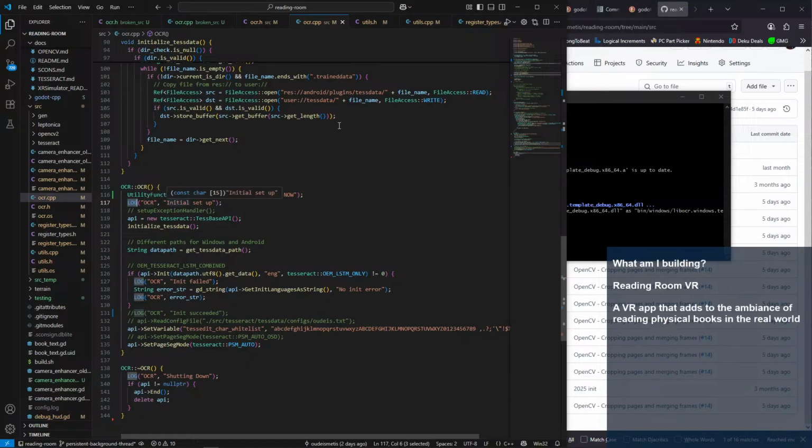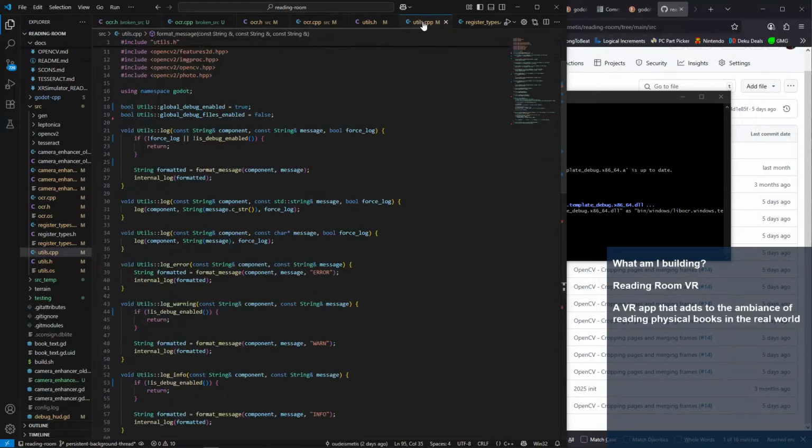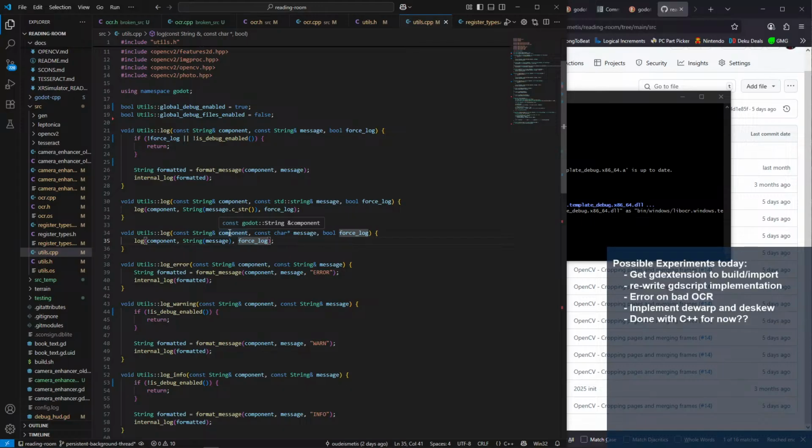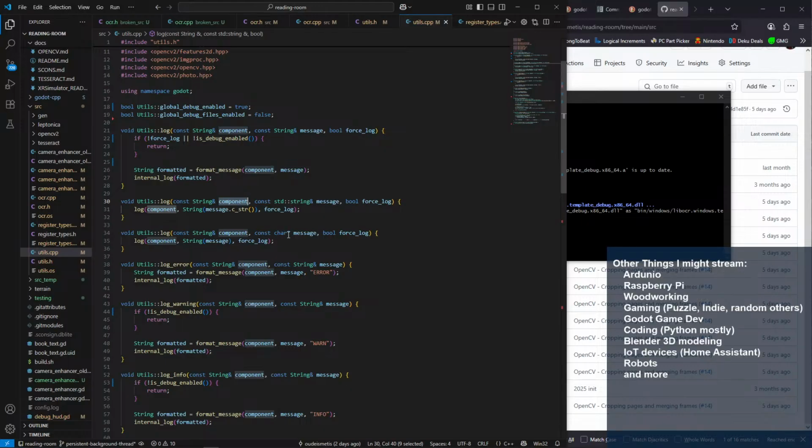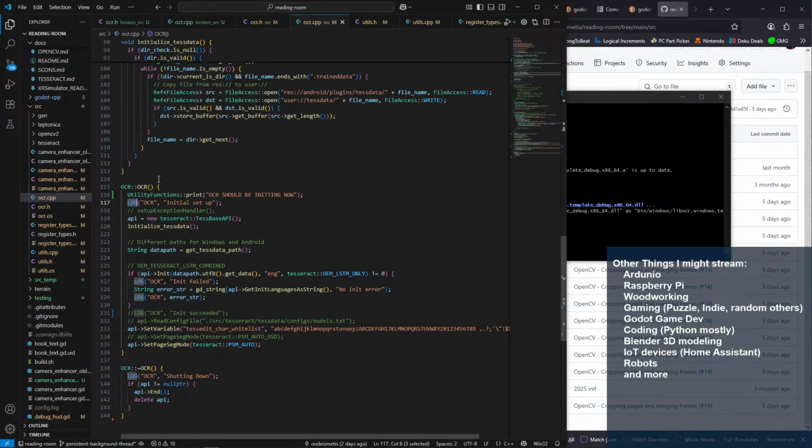Okay, so it's a character array. So which one is the character array? Here's the character array. Oh, but is that ever going to be a Godot string? I wonder if this is always going to be... Like, are we ever going to have... Like, that's saying that that's a character array.